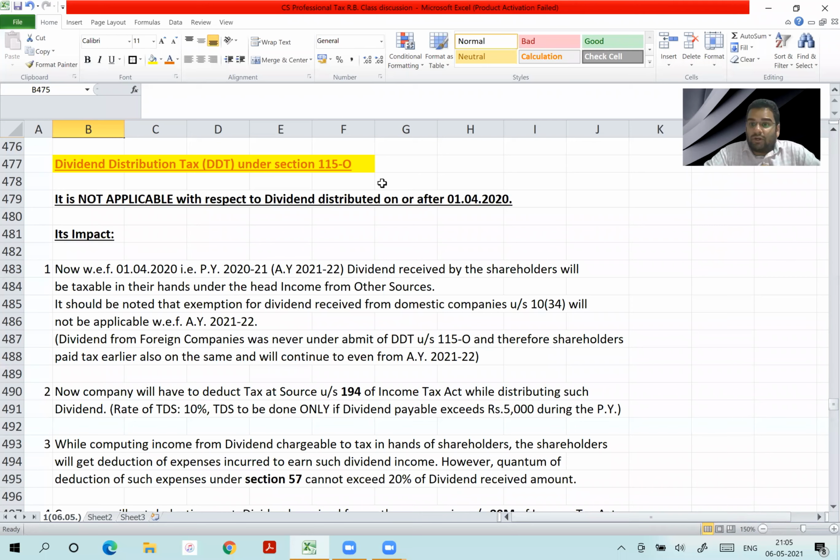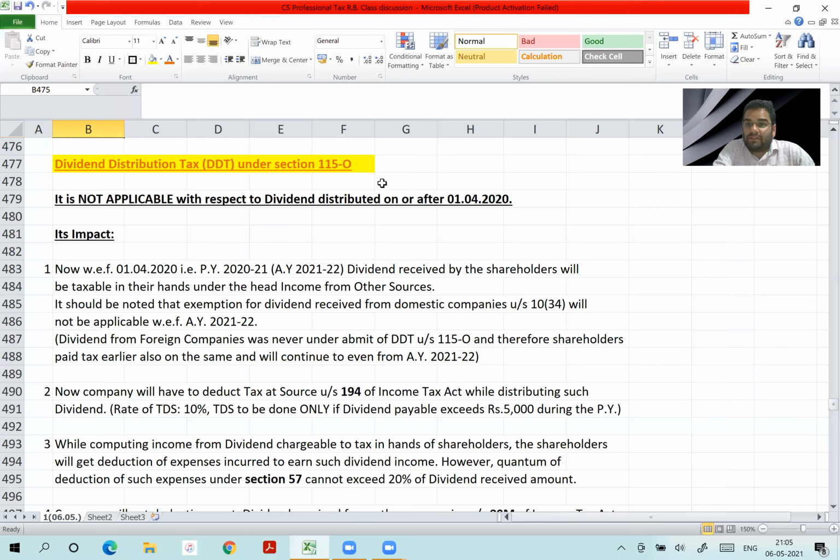You will say, sir, then what are we discussing? Understand, we are discussing its impact. Don't you think we should discuss the impact of a particular thing? If DDT is not applicable, don't you think the government will make another way to collect tax on it? In short,